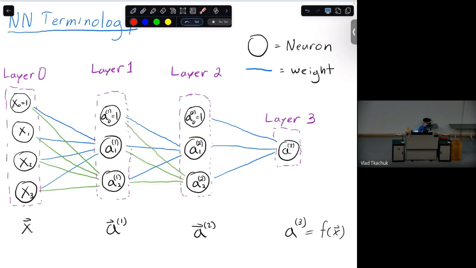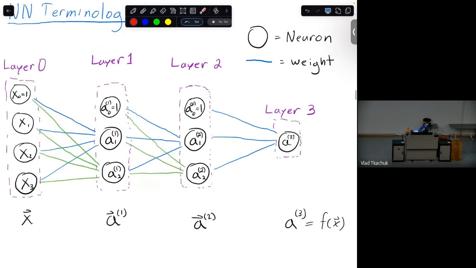Each one of these, you can think of as having its own weight vector. That weight vector would store all these connections of everything from the past. Okay. And some other notation stuff is this superscript is denoting the layer. So these things match.